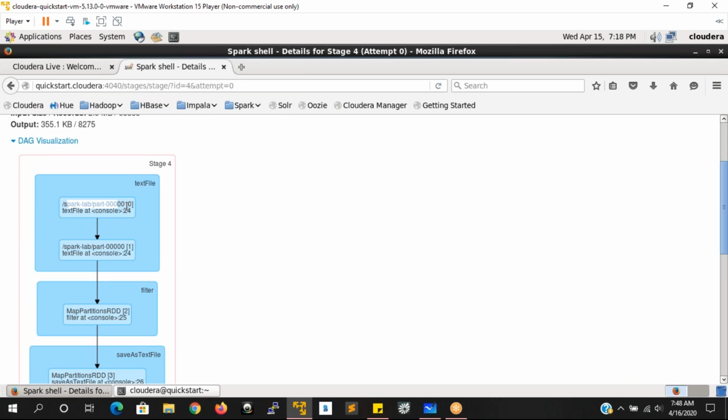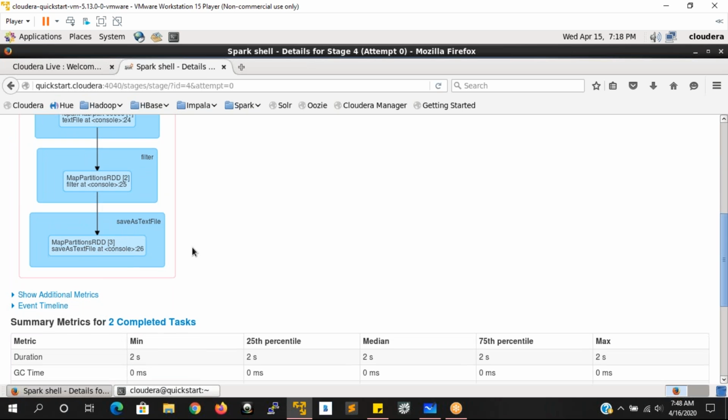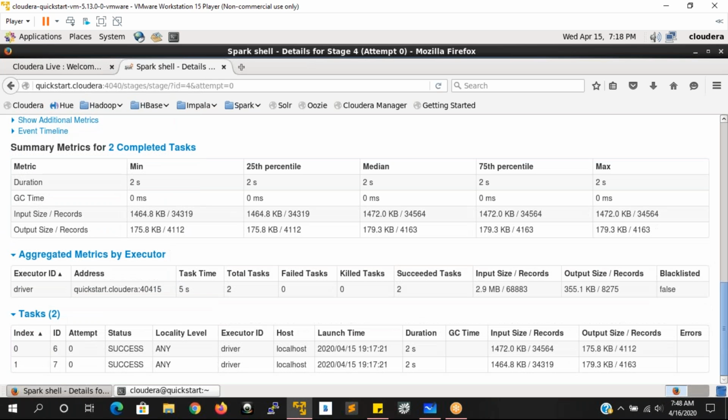It is reading the data from this location and writing the data with saveAsTextFile. saveAsTextFile is an action. It is making use of the executors, the driver, memory, locally. The input size of the data is 2.9 MB, and on these many records it is getting processed here. Two tasks have been executed successfully, running on the host machine, that is localhost.